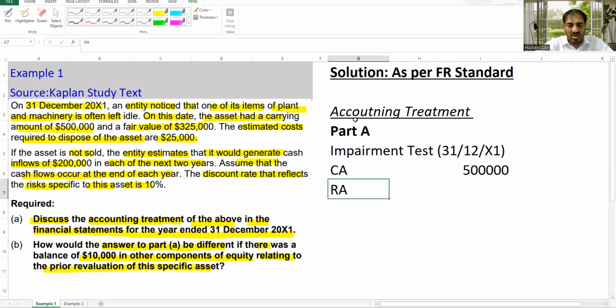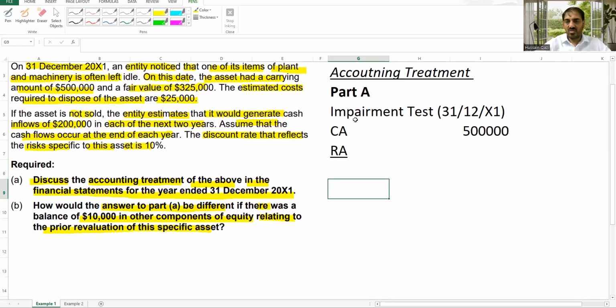I'm using a shortcut here, not the complete statement. The recoverable amount is the higher of fair value less cost to sell